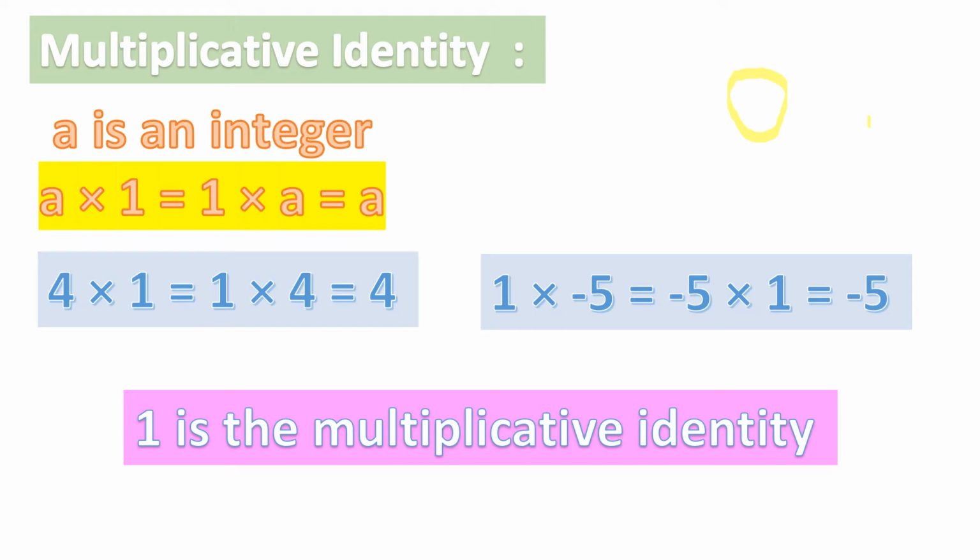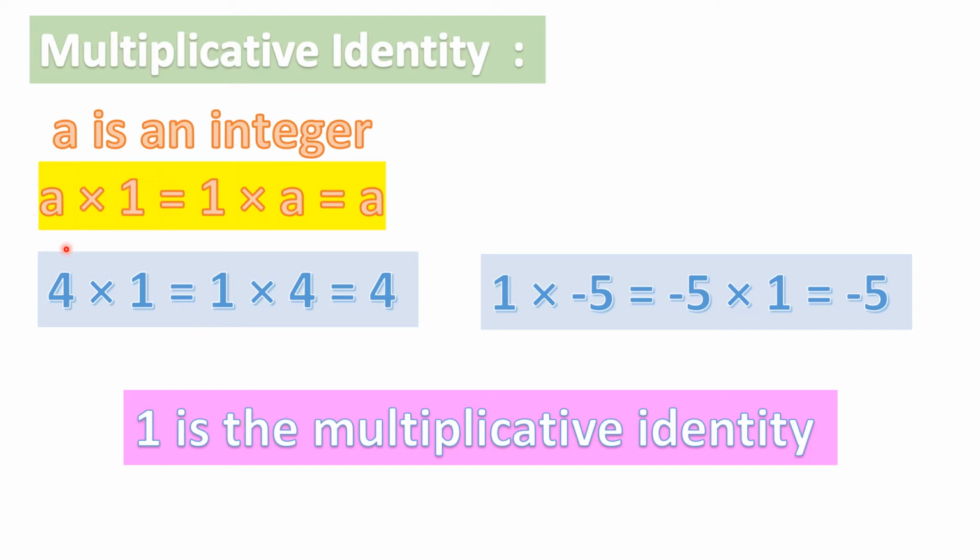Now why was additive identity 0? Because whenever we take any integer a and when we add it with 0, we get what? We get a itself, right? That is the reason why 0 was the additive identity. So like that itself, now we are going to do multiplication. So imagine what number should you take so that you will multiply with a and you'll get a itself. Definitely 1 is the number, right? So that is why 1 is called the multiplicative identity. What is multiplicative identity? Multiplicative identity of any number is 1. Because when you multiply 1 with any number, you'll get that number itself.